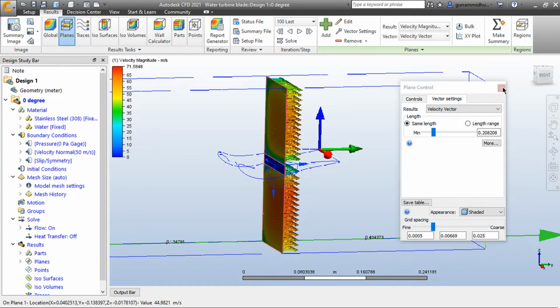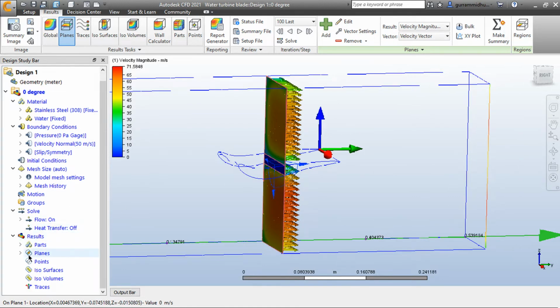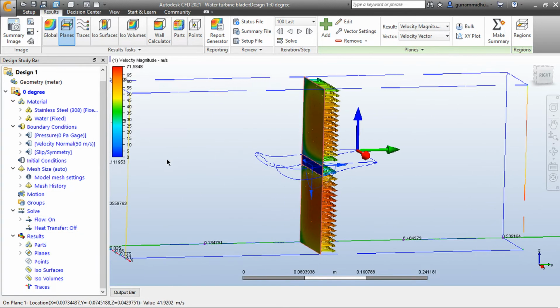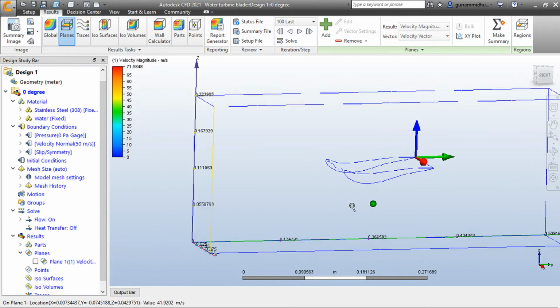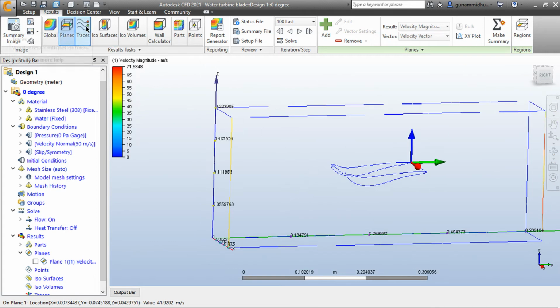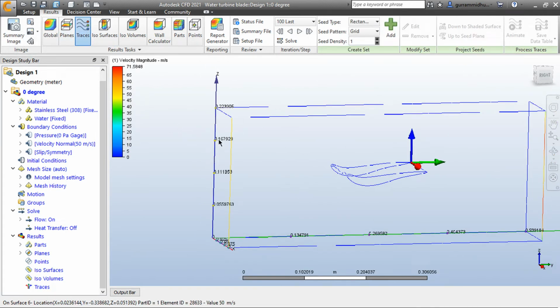I'm gonna close plane control, and you can disable and enable the planes under results. I'm gonna deselect plane so that it hides. And coming to traces, we can visualize how the flow is taking place through these traces.